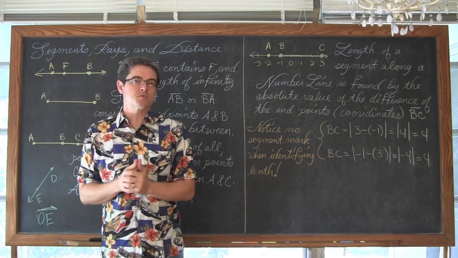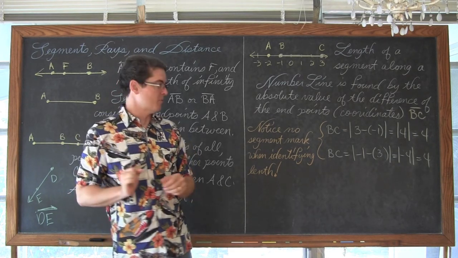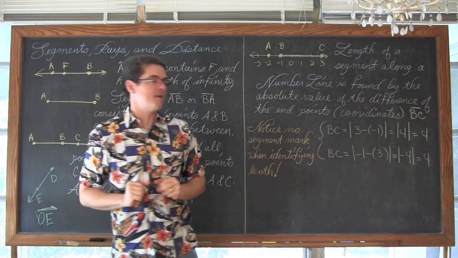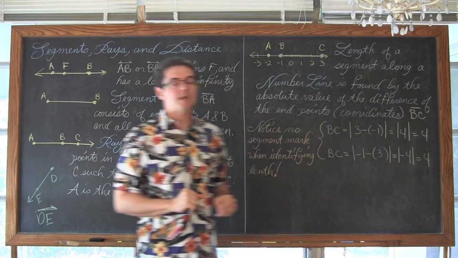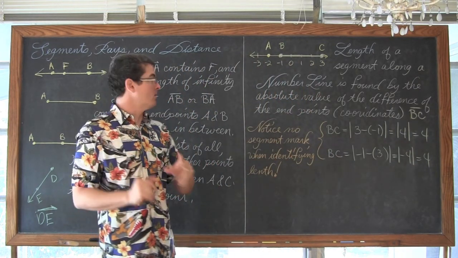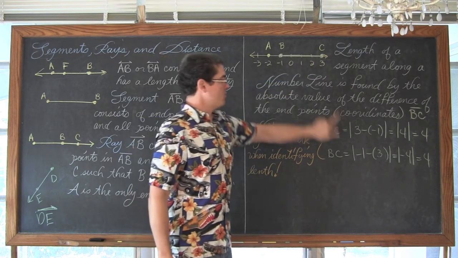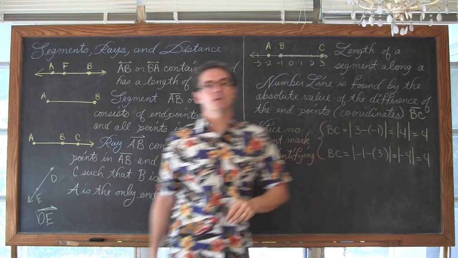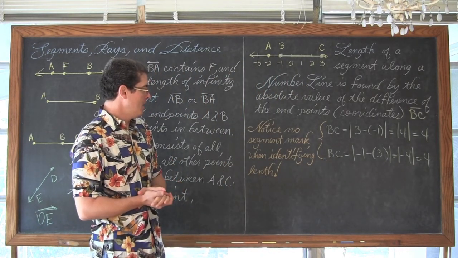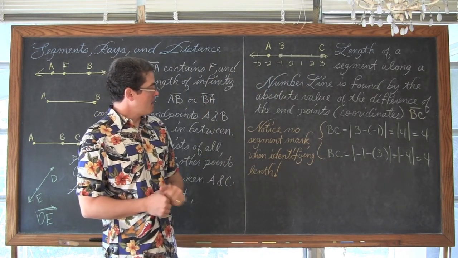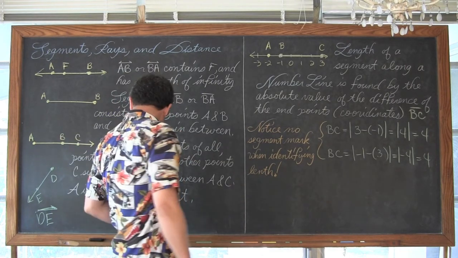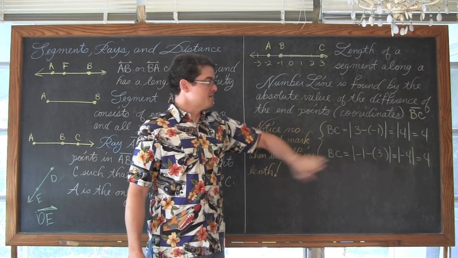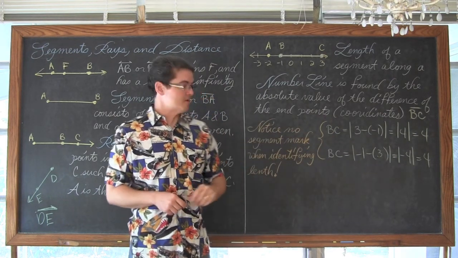That has to be true as well when you're doing calculations on a piece of paper. So -1 minus 3 is -4, and we have to take the absolute value of that -4 and get the same answer of 4. It really does not matter what order you subtract these endpoints, because the absolute value function is going to make sure that your final answer is equal to 4. And I've already made this comment about the notation: we do not include the segment notation when we identify the actual length of that segment. So you've got to pay attention.